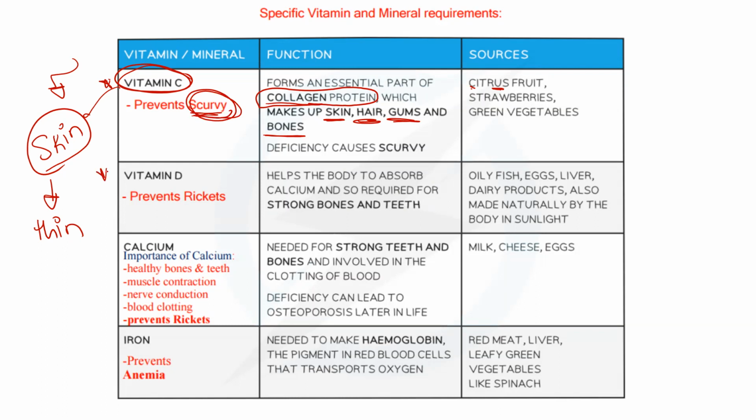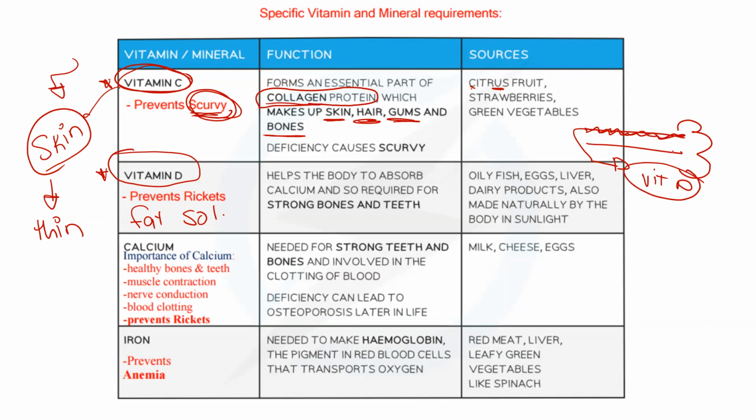Now, vitamin D. Who knows what vitamin D is and why is it important? For bones? Yes. Bones and teeth, and we mostly absorb it from the sun as well. Excellent. Vitamin D is a fat-soluble vitamin. Fat-soluble vitamin means it is stored in the fat under the skin. This is your hand, okay? And you have fat under the skin, and this fat contains vitamin D.